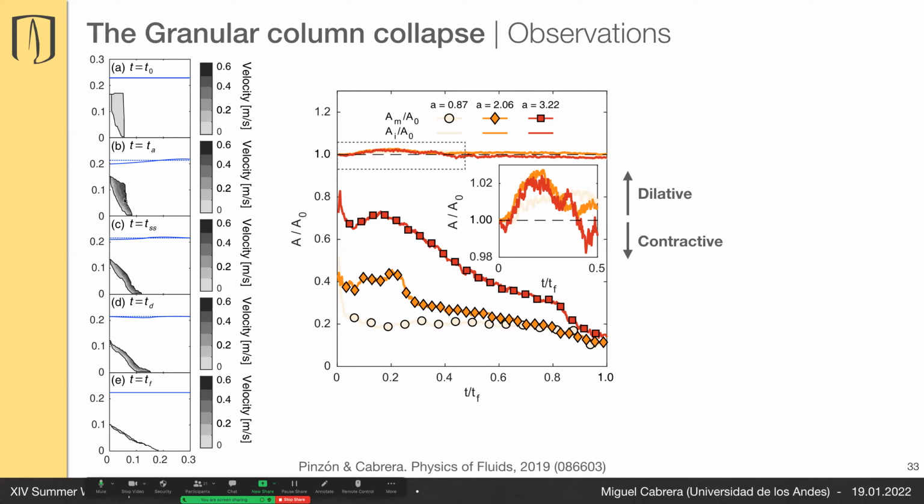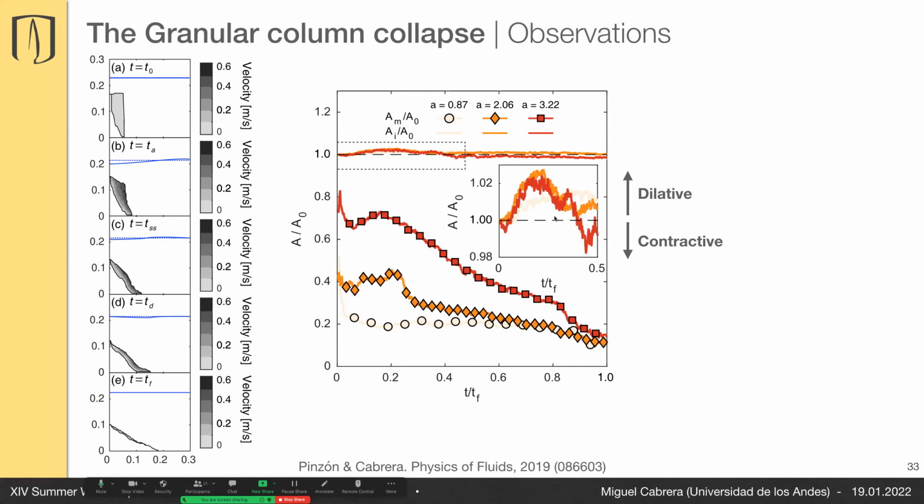Here, just to be clear, we don't differentiate between dense and loose collapses because the configuration does not allow us, but we can tell whether a dilative or a contractive behavior is happening. Here, I'm just comparing the total area, where the columns consist of grains, and we differentiate, here on the bottom with markers, the area that is being mobilized compared with the total area